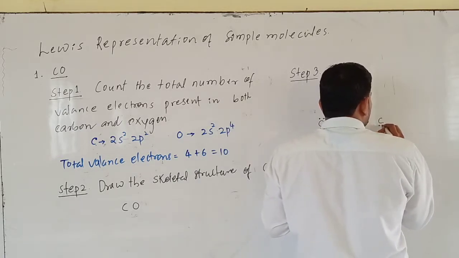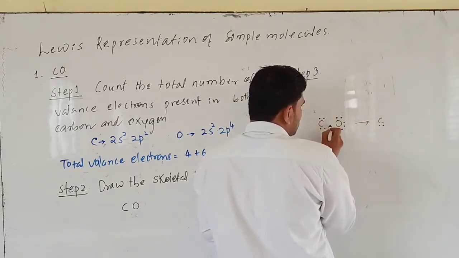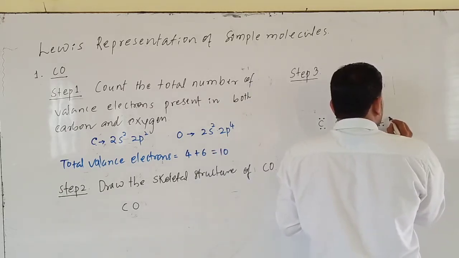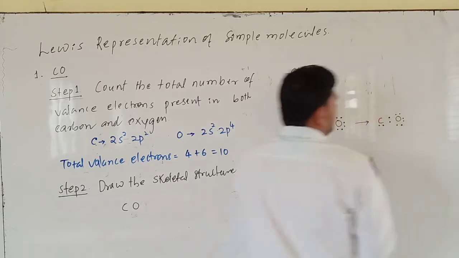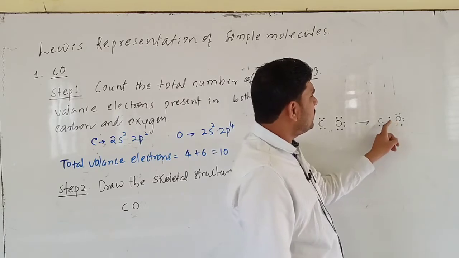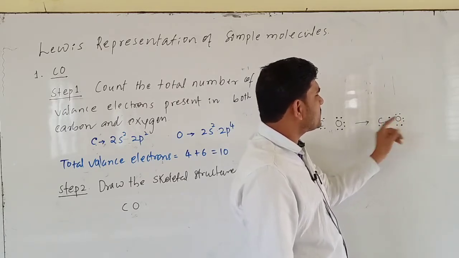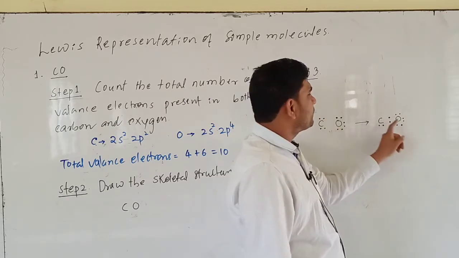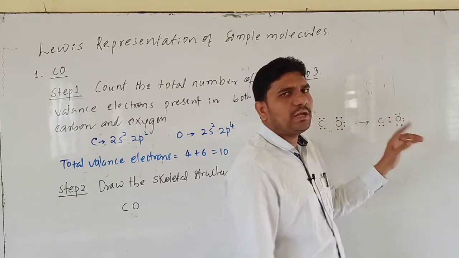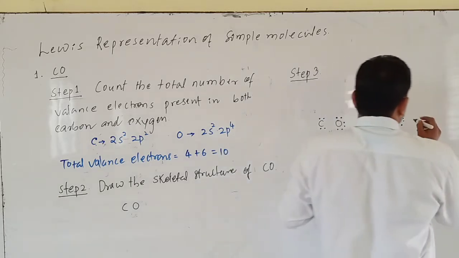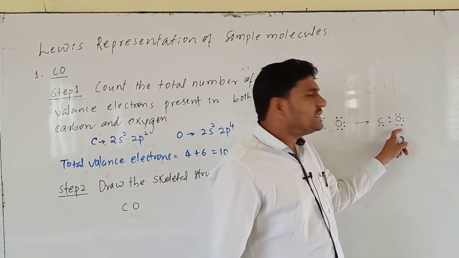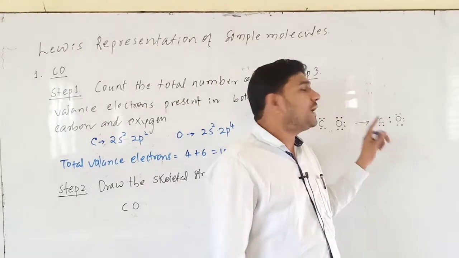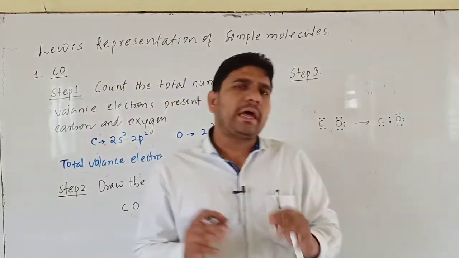These 2 electrons you place in between carbon and oxygen. These are nothing but shared electrons. Now if you observe, oxygen completes its octet. How many electrons are there around oxygen? These 2 electrons belong to both carbon as well as oxygen, because these are shared electrons. Over here 6 electrons plus these 2 electrons, so totally 8 electrons are there. But in doing so, I can complete the octet on just oxygen, not on carbon. You need to complete the octet on both the atoms.